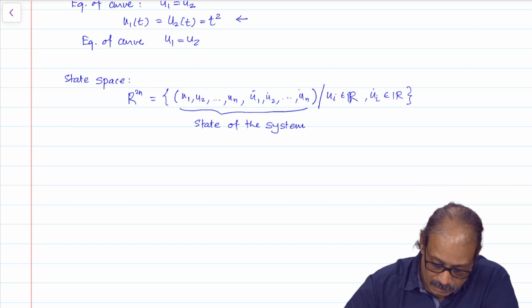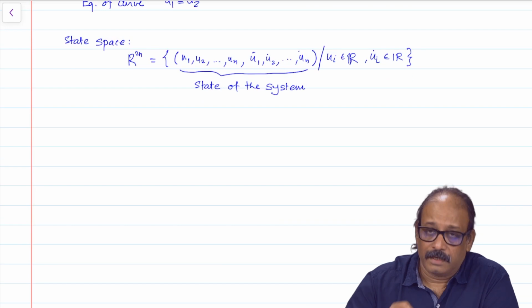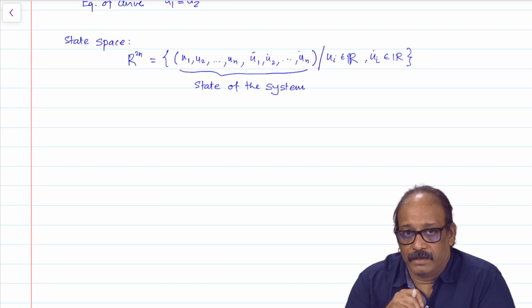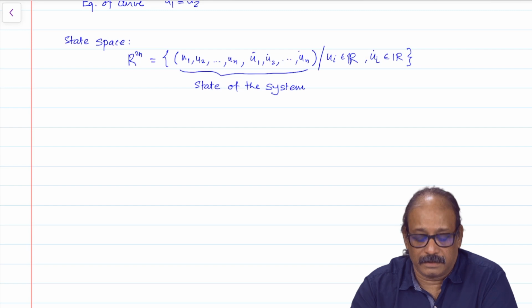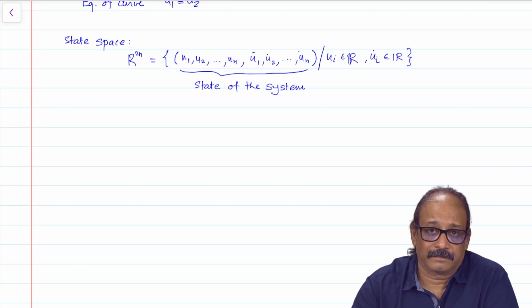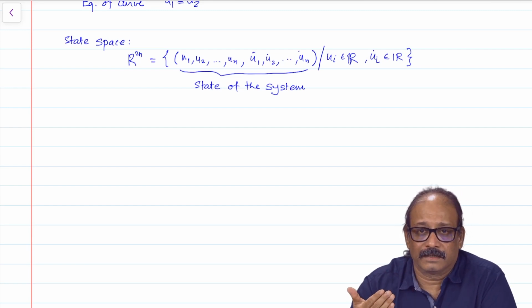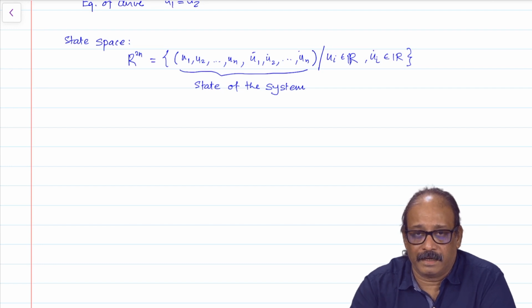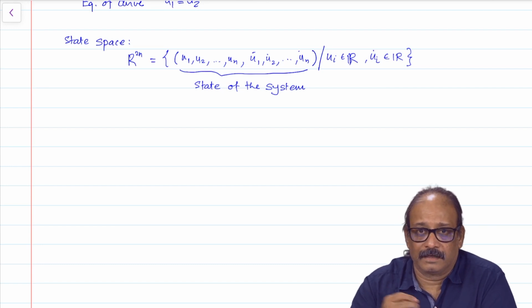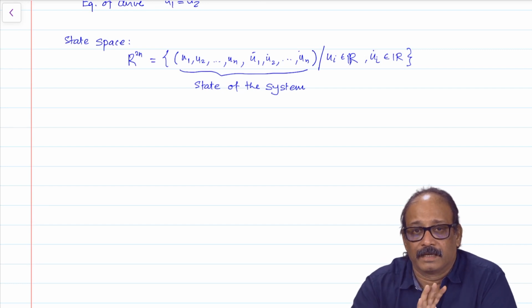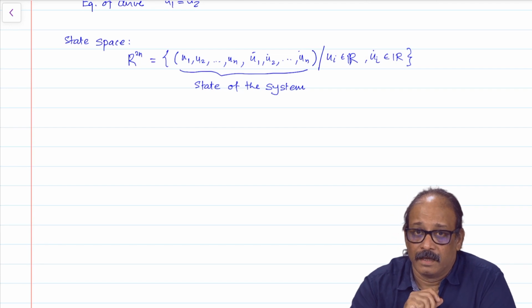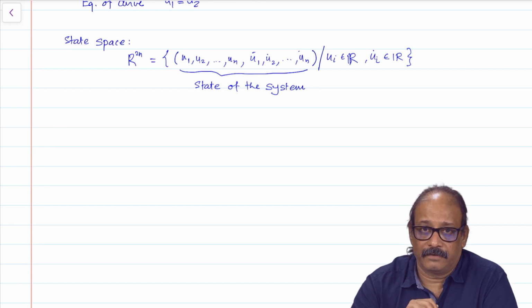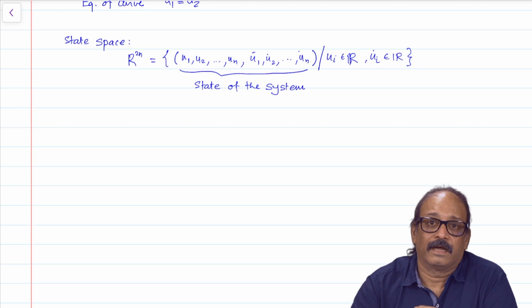So now, even in this notion of configuration space, what we have done is this. I have just taken the Cartesian coordinates and relabeled them by a new scheme, u1, u2 up to un, and plotted them as a point in n dimensional space. But all these coordinates in configuration space actually refer to the coordinates of individual particles.